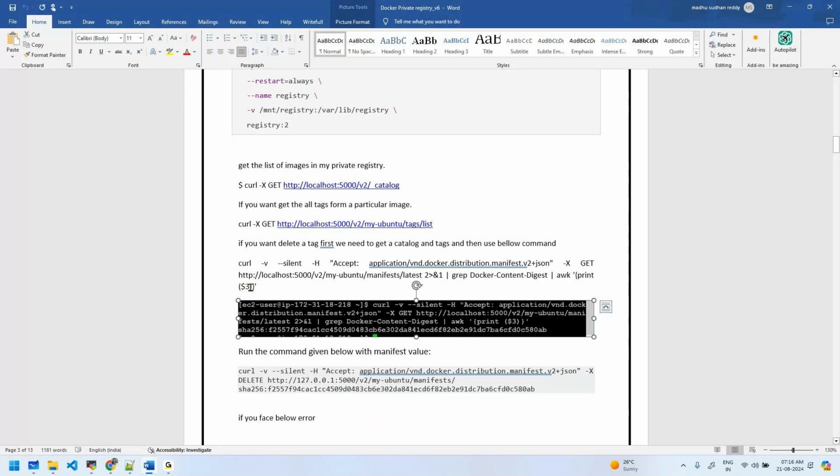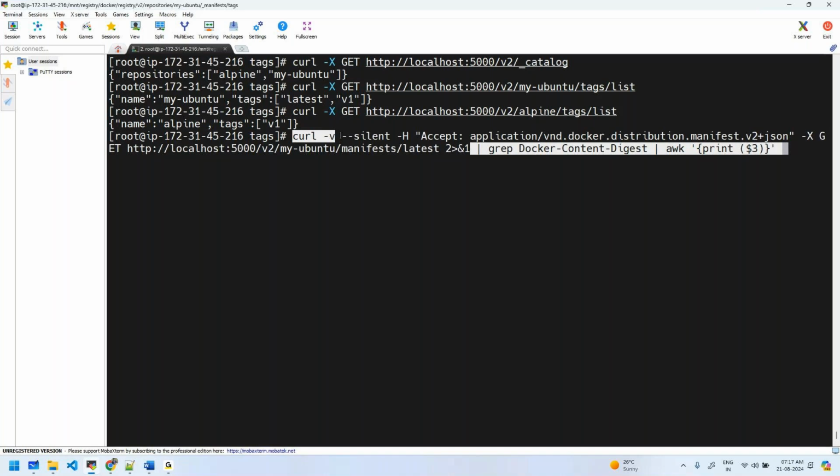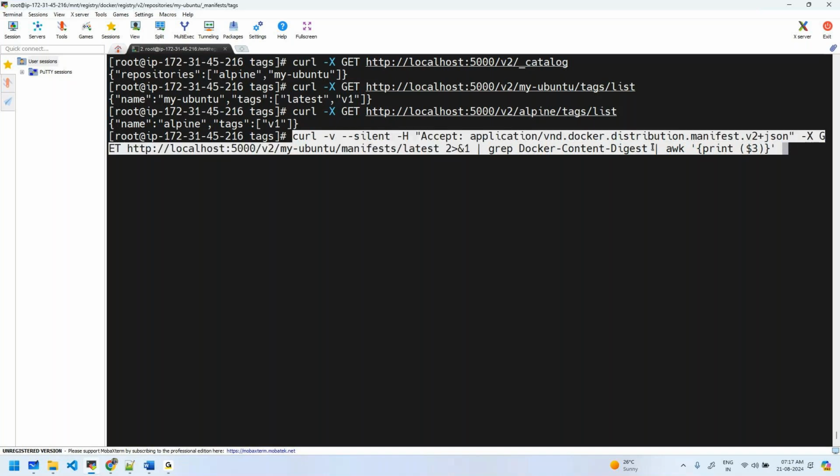Okay, so this curl command will give the SHA. What I'm doing here: curl with verbose, silent, and the Accept header, which is manifest plus JSON. So a GET call to port 5000, my Ubuntu manifests, latest, SHA I'm trying to get. And the grep: this entire command will give the output. In the output, I'm grepping the line Docker-Content-Digest wherever it is. In the output of this, again I'm getting the third column. That's what it is. So in case you are confused,